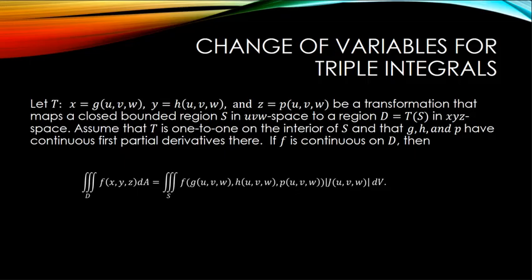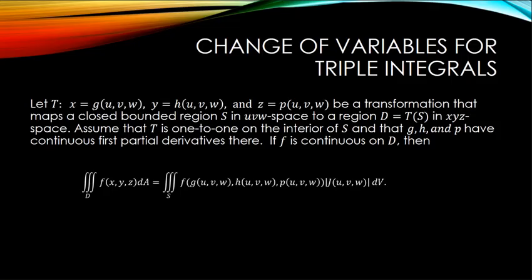So if I let T be defined by the transformation functions x is equal to g of u, v, w, y is equal to h of u, v, w, and z is equal to p of u, v, w, and this is a transformation that maps a closed bounded region S in uvw space to a region D is equal to T of S in xyz space, and if we assume that T is 1-to-1 on the interior of S and that g, h, and p have continuous first partial derivatives there, then if f is continuous on D,